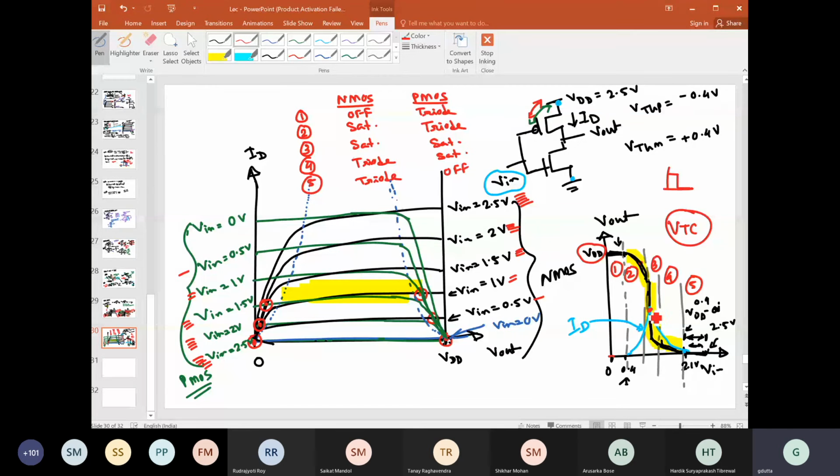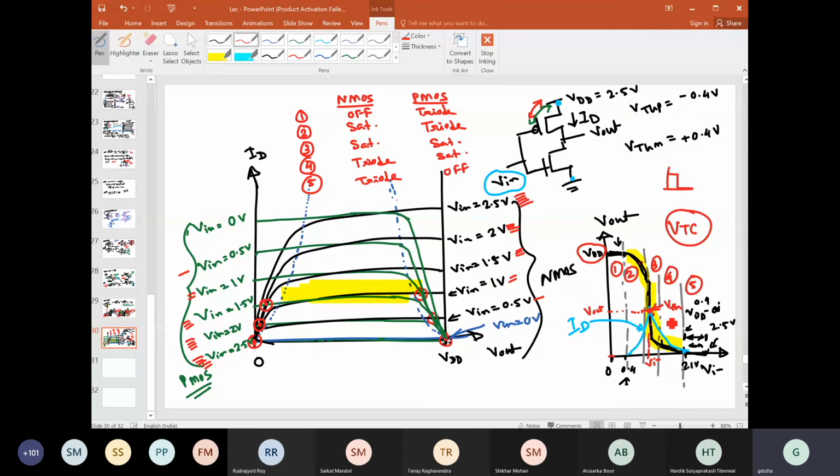Like, if this is the point where V in is equal to V out, so if this is V out and this point is V in, right? Then this point is the switching threshold for this CMOS inverter. And if I ask you to find what the switching threshold for this transistor will be, I think you will be able to do it. But anyway, we will do it also because that is one of the important things that we should know. And it has some other impacts as well.